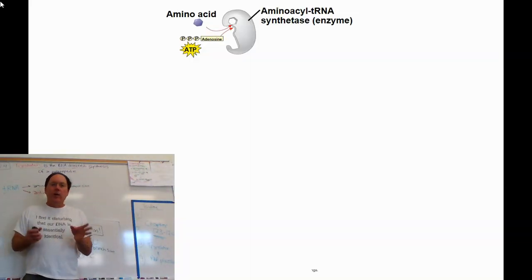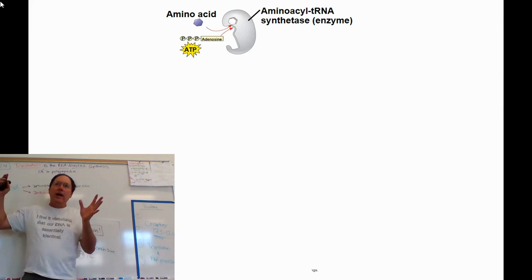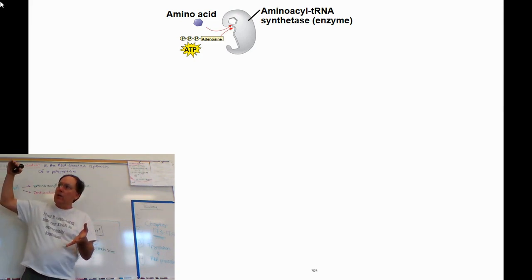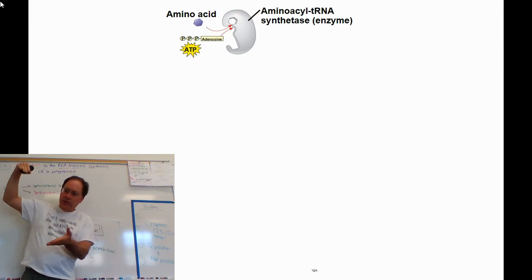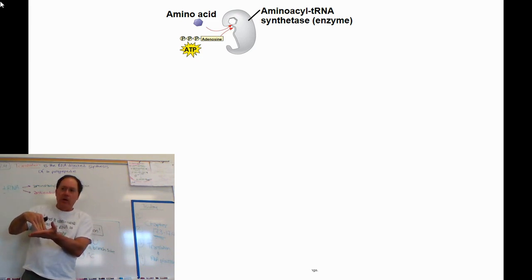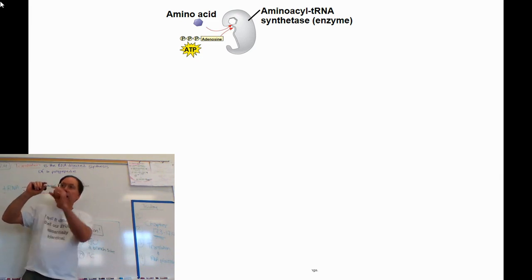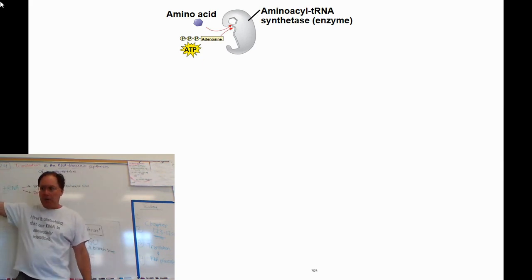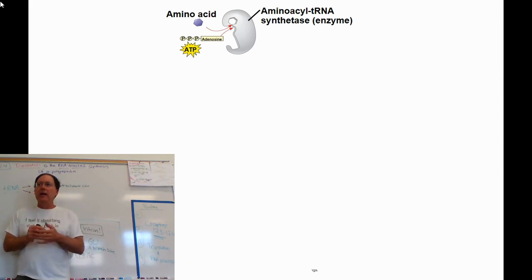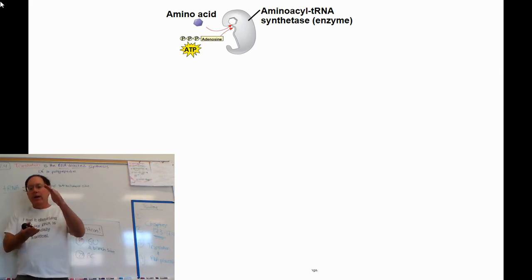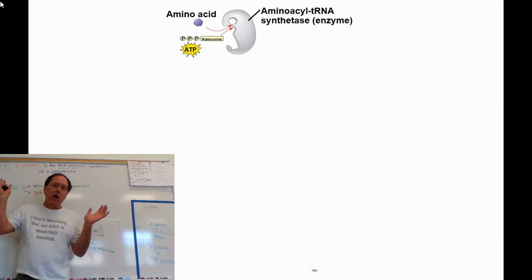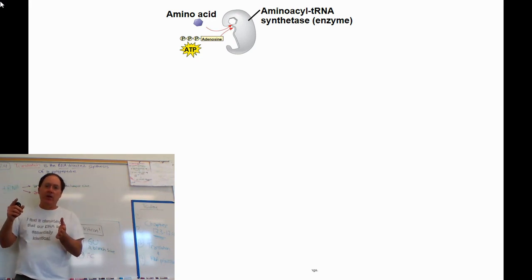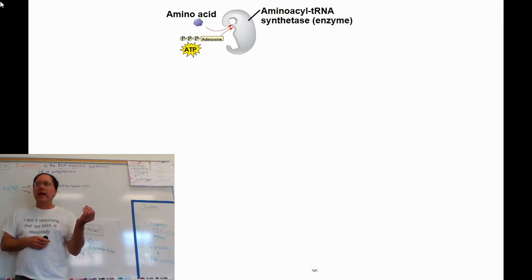So here's the question. You got the mRNA, you got the ribosomes. I get it. The ribosomes are going to recruit the correct tRNA with an amino acid attached to it to come down and lock momentarily onto the mRNA to put that amino acid into the growing sequence of amino acids, the polypeptide chain that we're making in the central dogma formula that we had. And so the question becomes, then what happens? Well, the tRNA has now lost its amino acid. So what happens to the tRNA? You probably guessed, similar to what happens to ATP, it's going to get recycled, right? We're going to use it again. And so how does that happen?